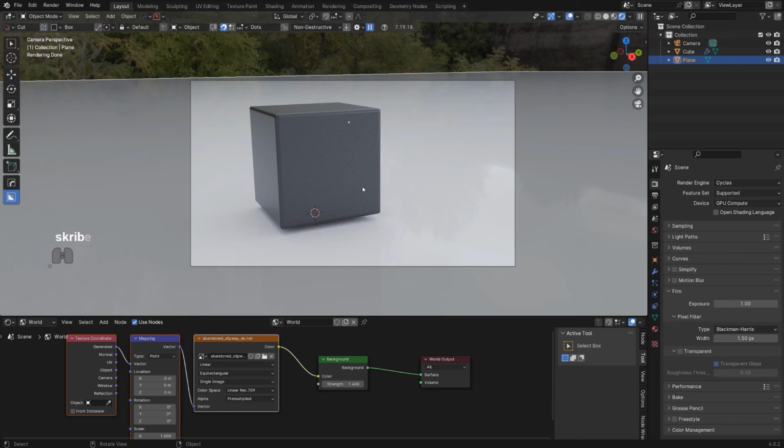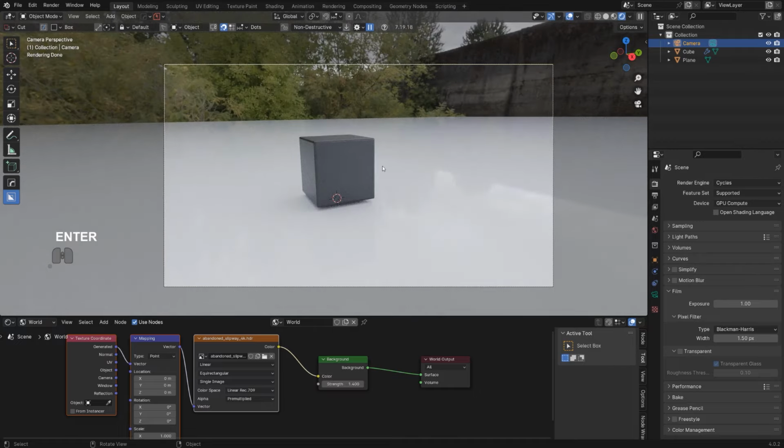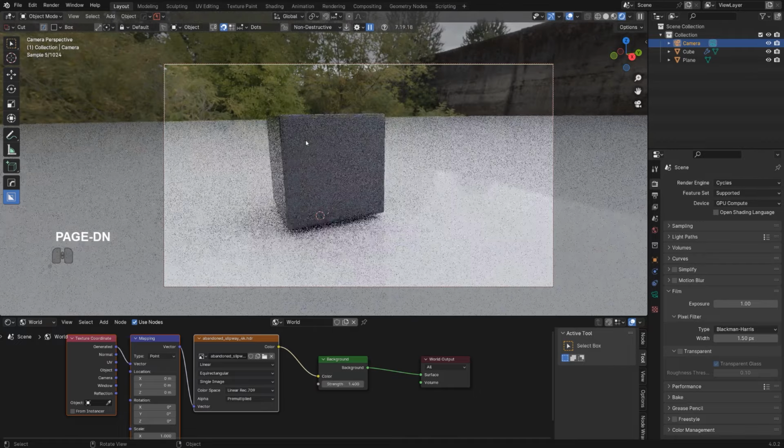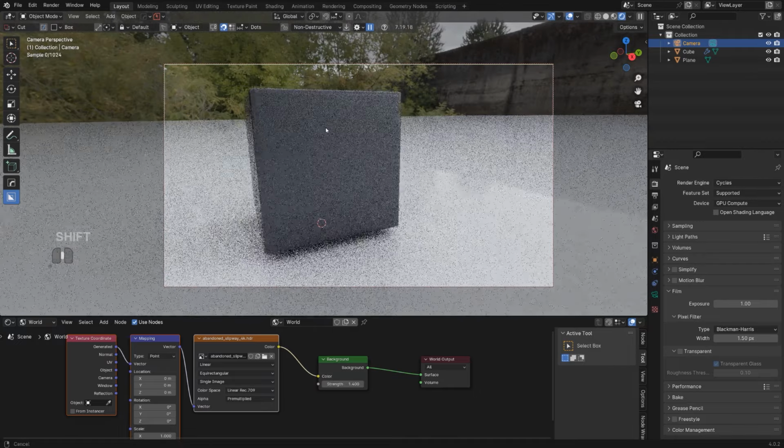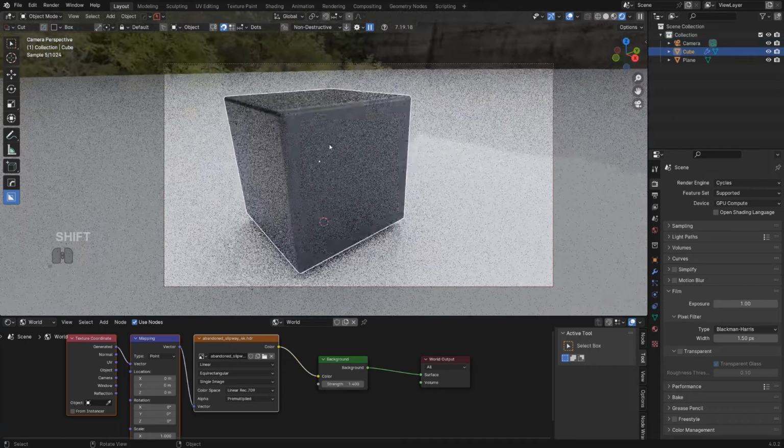Now, you need to decide on the focal length of the camera. Focal length of the camera will either compress or distort the image. So let me show you. If I'm gonna change this here, so Page Down and let's change it to 24 millimeters. If I'm going to lock this camera to view and zoom in, you can see that clearly we have a lot of distortions, you see. We got this keystone effect,